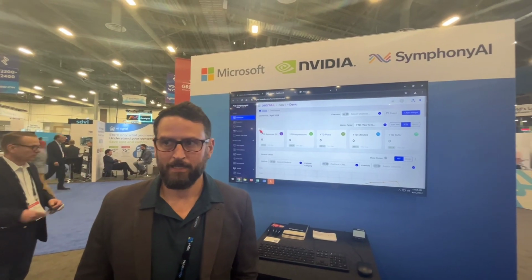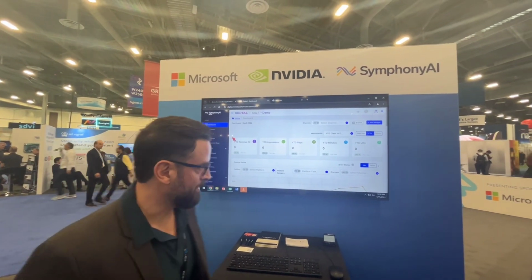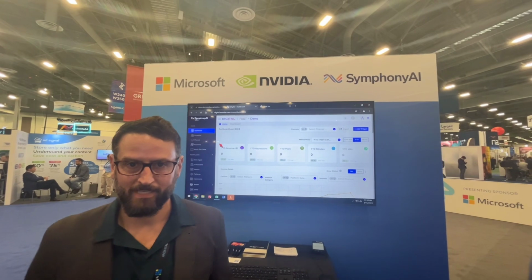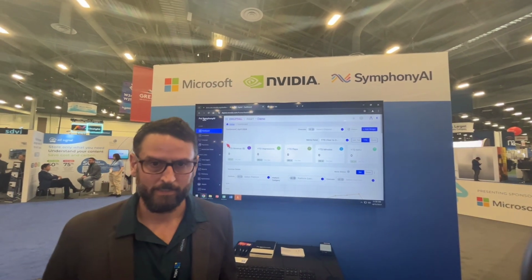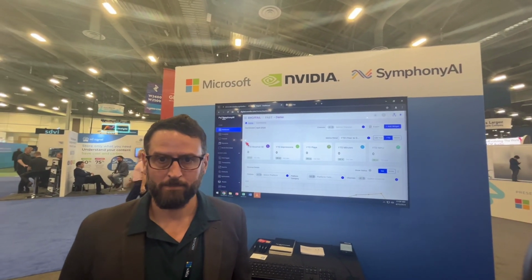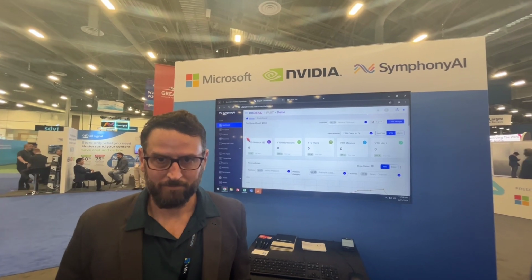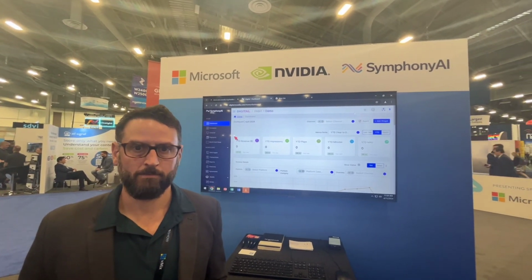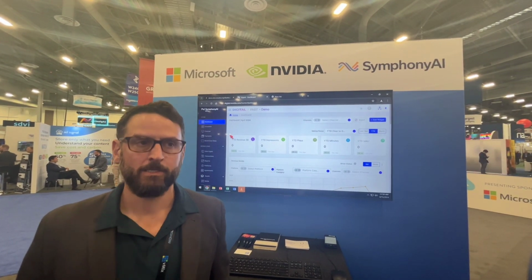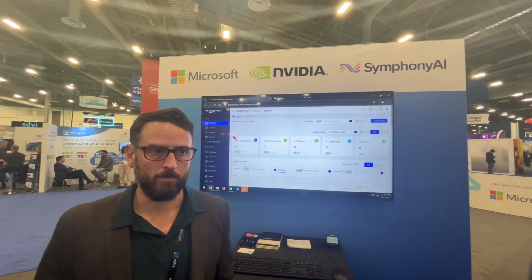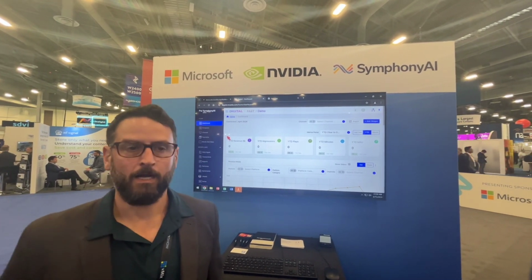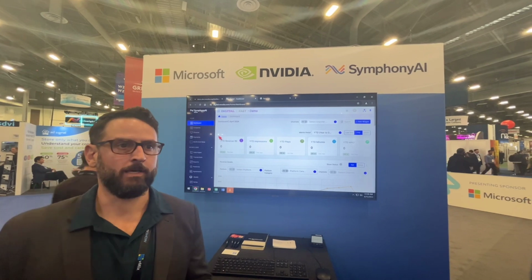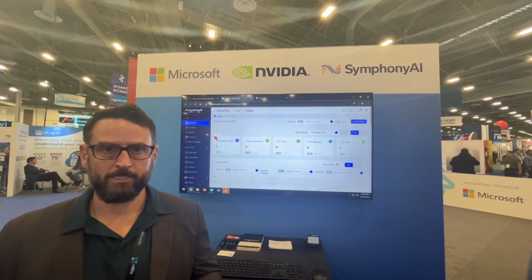Okay, so we're here at the Microsoft booth talking about Symphony AI in our Revidia product. We are part of the Beat the Buzzer architecture workflow that Microsoft has put together to find new ways to monetize either existing content or older content in your library. So it's a pretty cool experience, and it really adds in a layer of